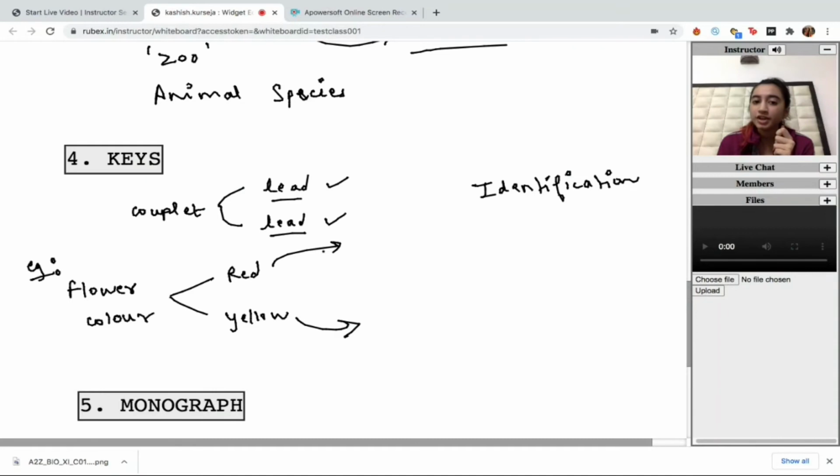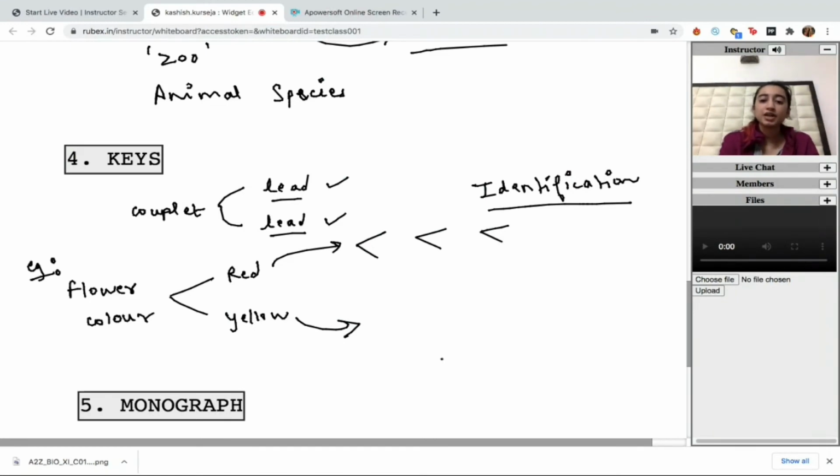So you would go down the red route and then answer further many keys to know about what your species is. So you're going to go one after another through the keys, and then you will arrive at a conclusion: okay, this is the species that I have in my hand. If you go down the yellow route, you will subsequently have more options. So the main purpose of keys becomes identification of any one species. They will help you in identifying what species you have with you, and they are not like a botanical garden where you could visit to see species or for the purpose of recreation. They are entirely for the purpose of identification of an unknown species.